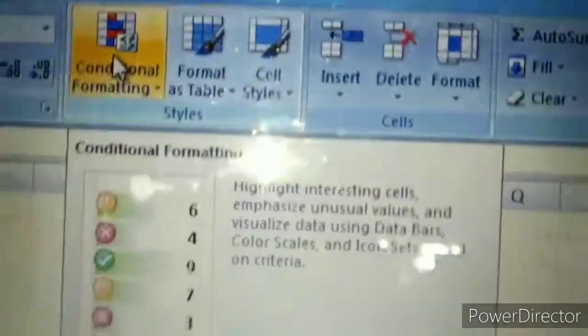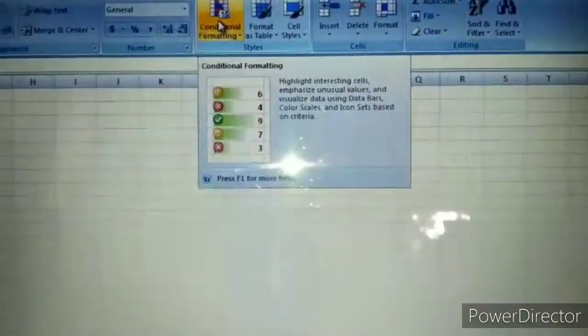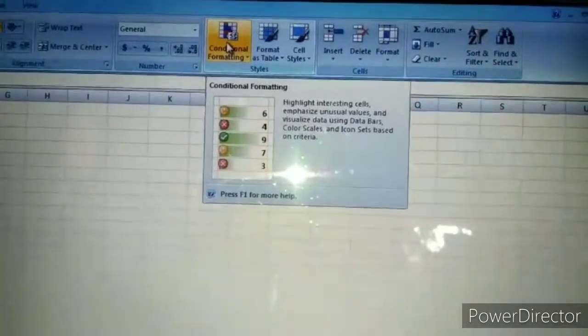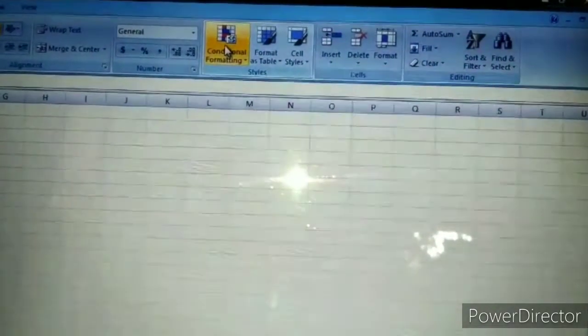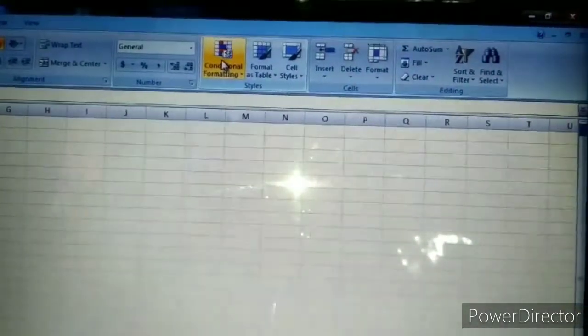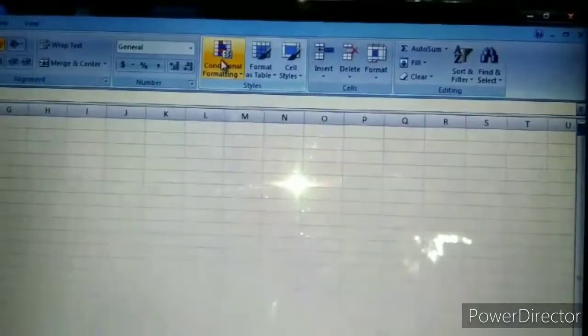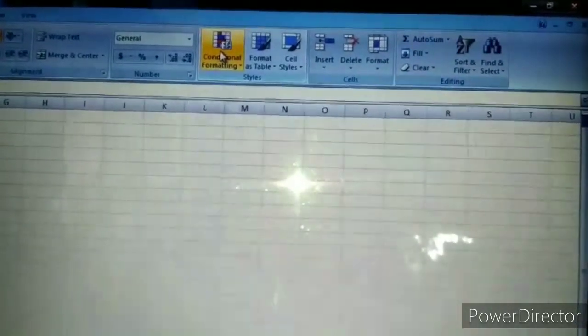It is our conditional formatting. Conditional formatting allows you to automatically apply formatting such as colors, icons, and data bars to one or more cells based on the cell value.